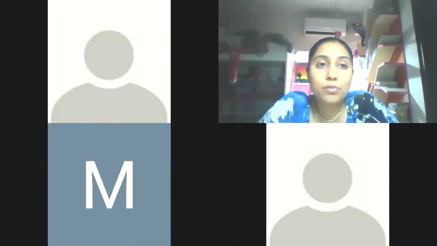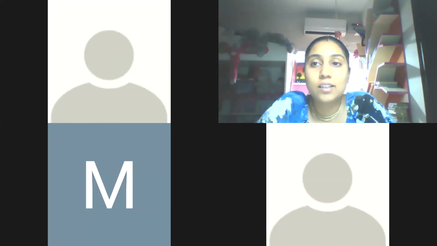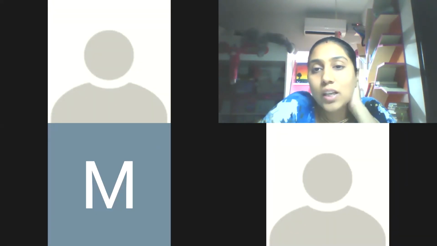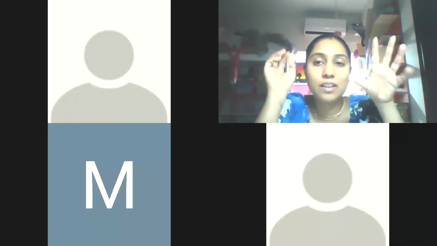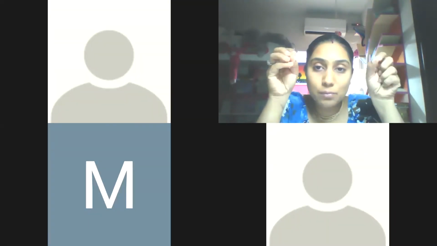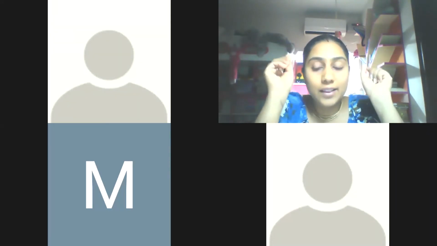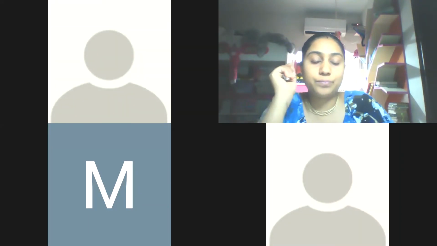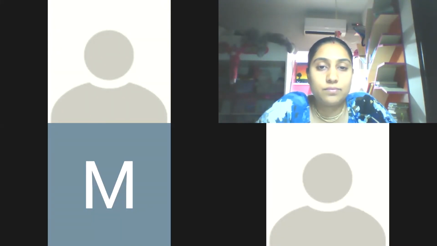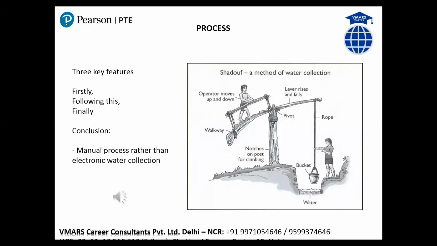Now I'm going to show you an image, and in that image what I want you to understand is: first go through the image, okay, and try to find out the 3 main steps, how you can club them together and what the 3 main steps are. Please take some time to understand the process, and then I will explain that in detail. Okay, so this is the image. I'll still explain the image.